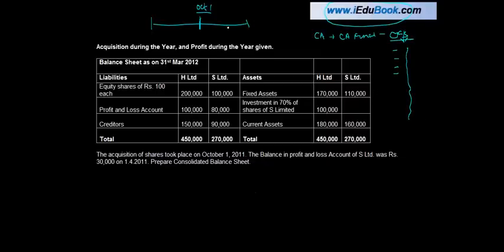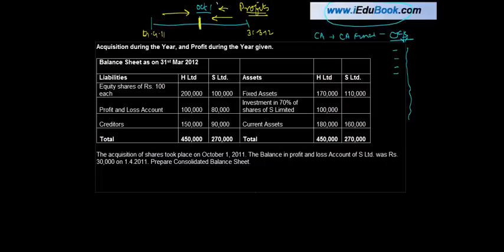Now, in all the questions, coming back to the main topic at hand, we saw that there was a particular acquisition date which was given, and the profits on this date were also given. But what can happen is, let's say for example, your year ends on 31/3/2012. In some cases, you might be given the profits as on 1/4/2011. Then the question which comes up is, how do you calculate the profits on this mid date? So this is the problem which we are trying to address in this particular case. With that background in mind, let us read this question.